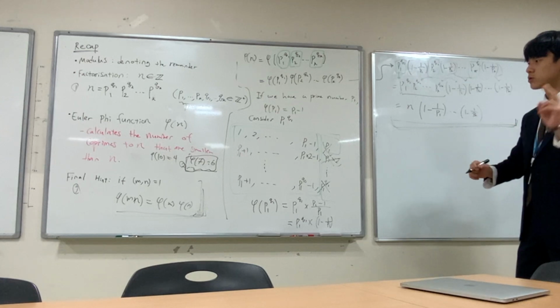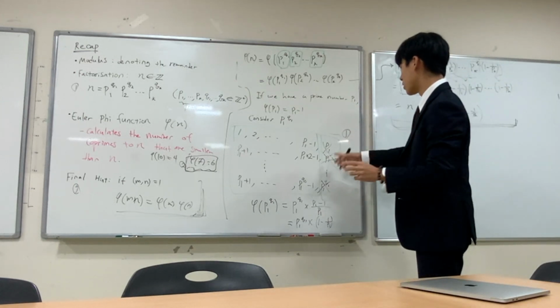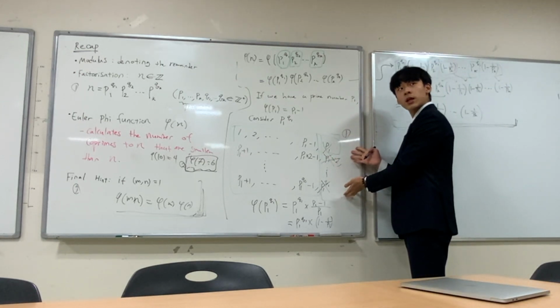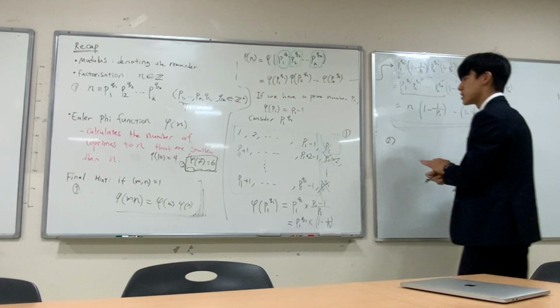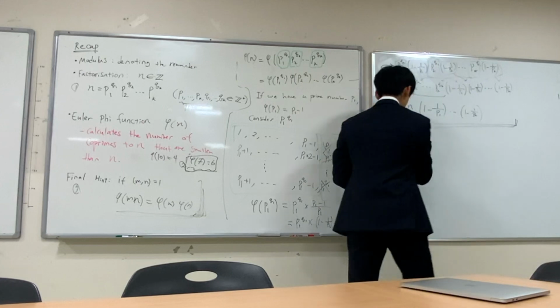And there are 2 hints. The first one is to write numbers in this kind of way that we did for proving the Euler phi function. The second hint is